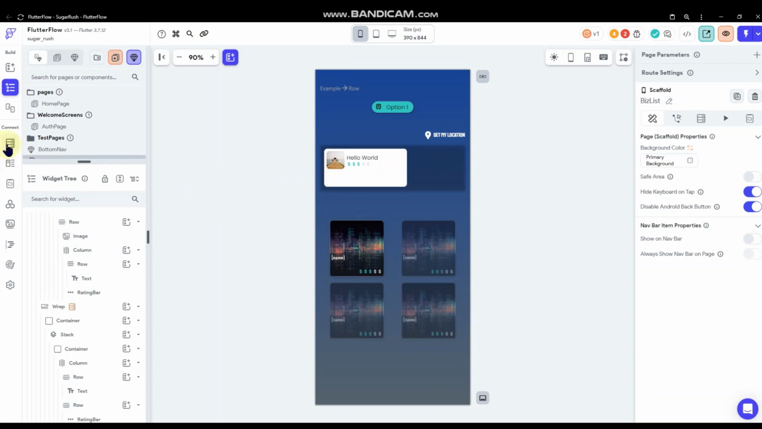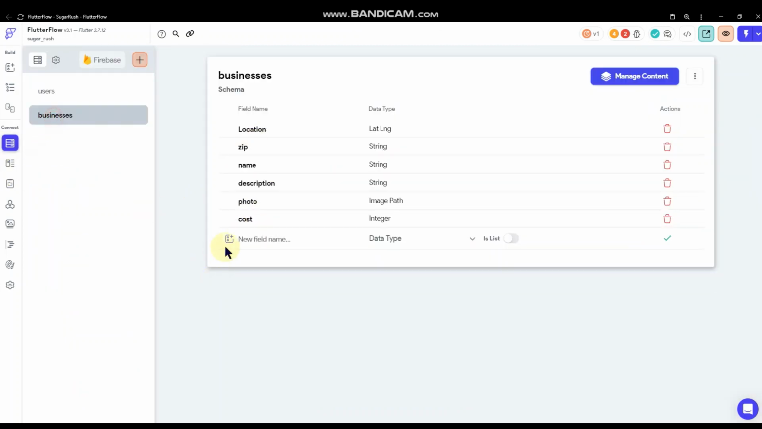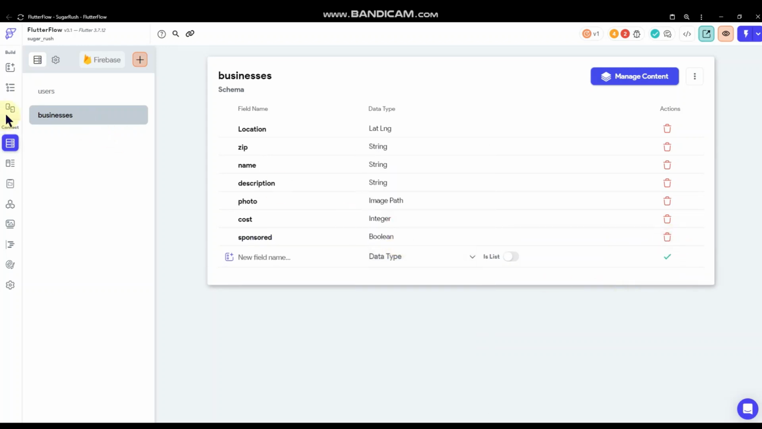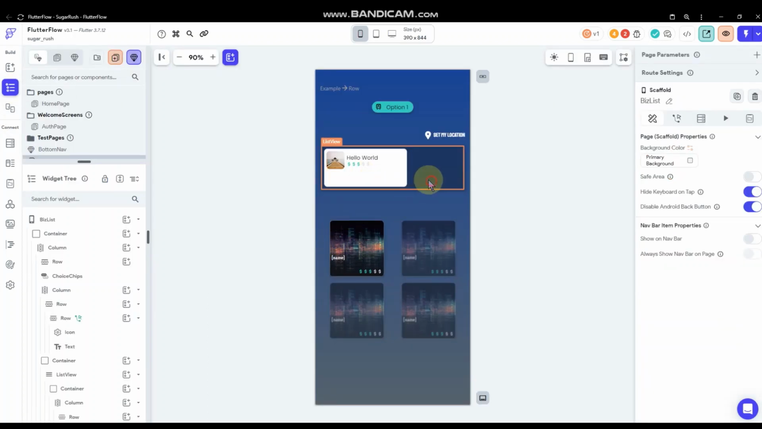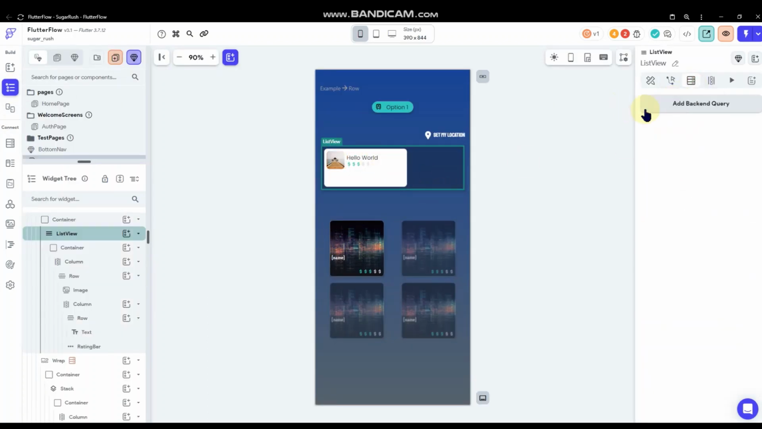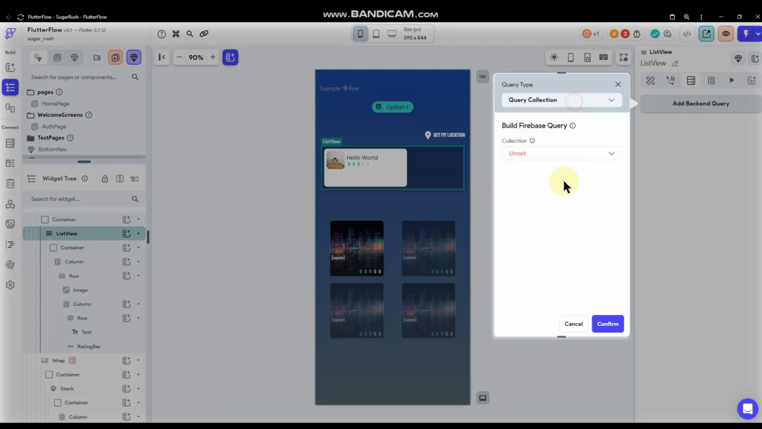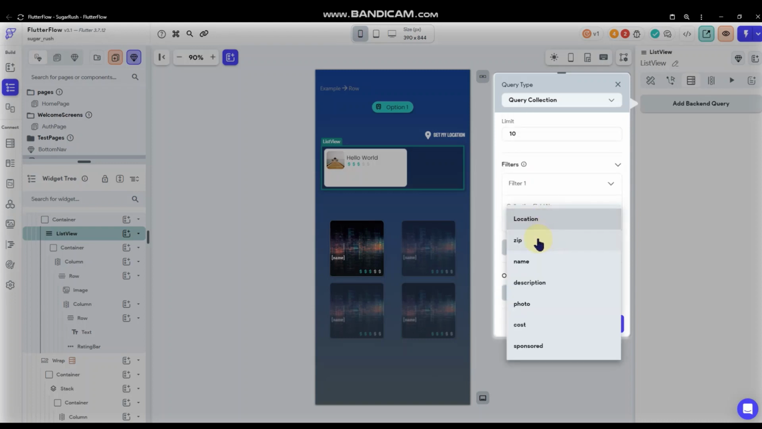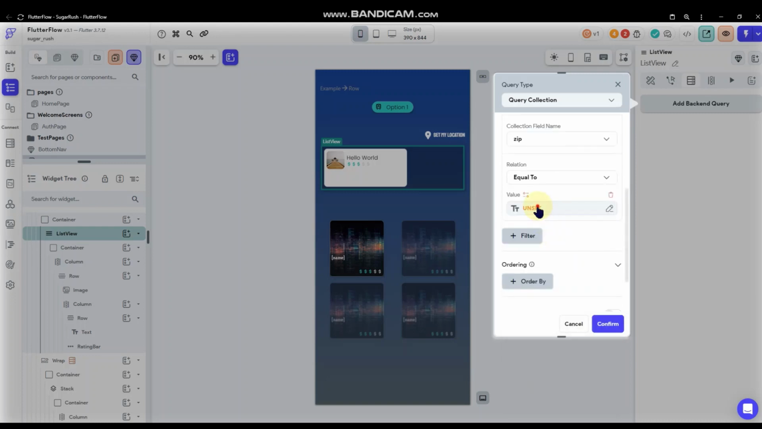So now I'm going to go back real quick to my businesses, and I'm just going to do sponsored. Set that as true false. And then I'm going to do my list view here, do back end, query collection, businesses. I'm going to limit this to 10. My filter. So obviously we'll have two filters. Zip is equal to